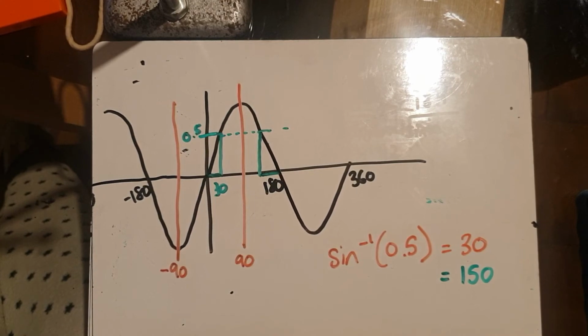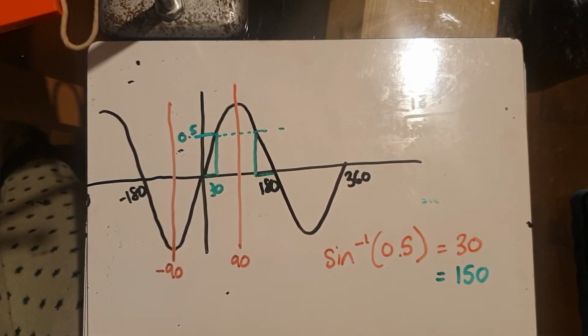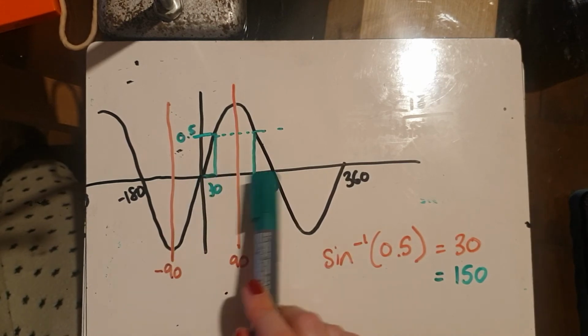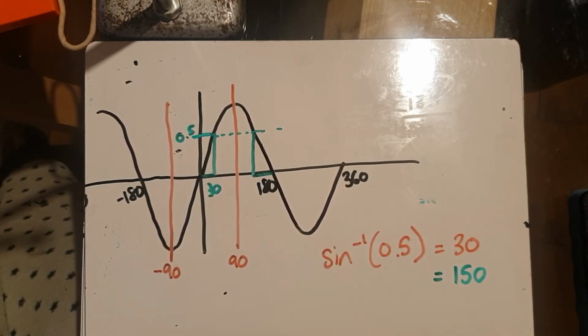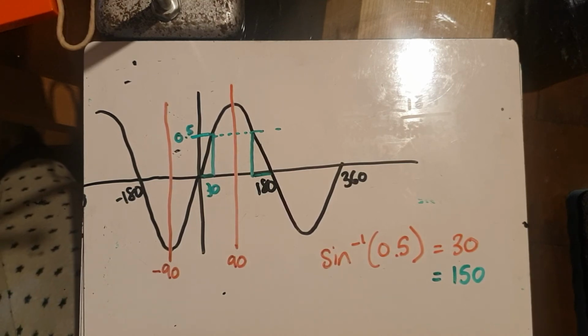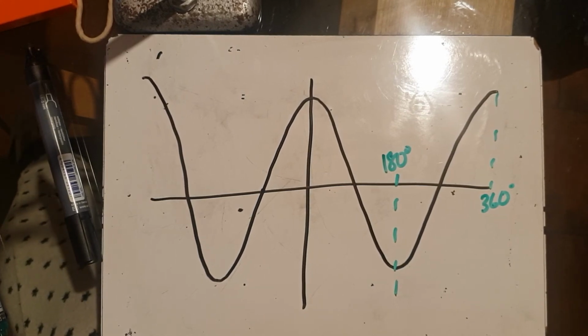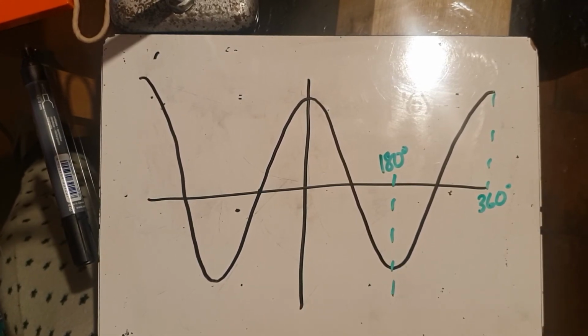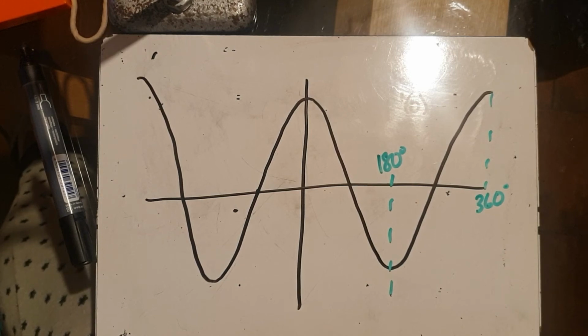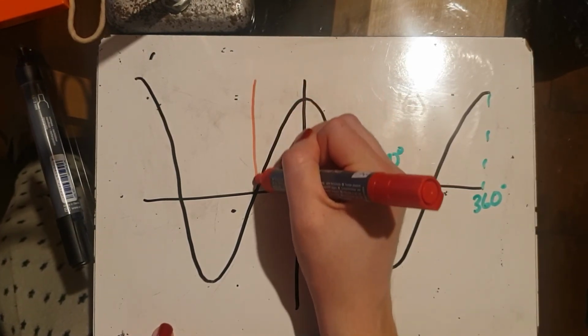So I just wanted to remind you about that for question 10, because where it's asking you to find an obtuse angle, you are going to need to do something like this rather than just using the value that comes out of your calculator. In the same way, I don't think we've got any questions that use cos, but as a reminder, if you put cos inverse into your calculator, again, it will only give you values